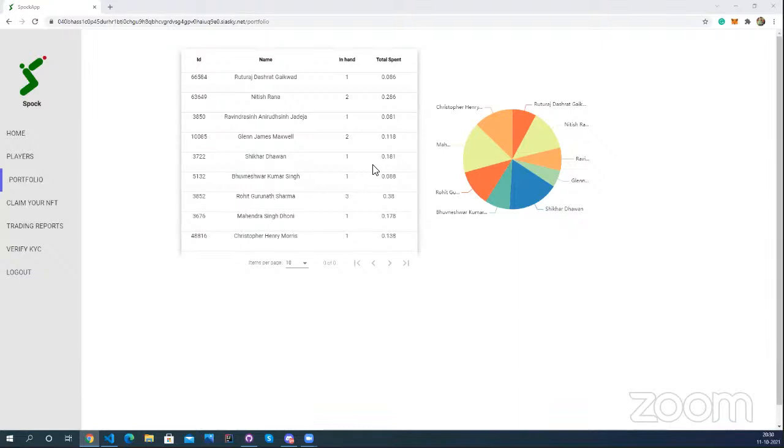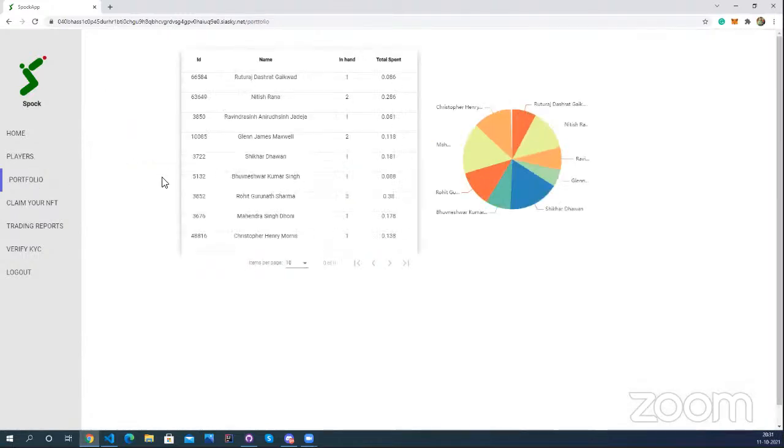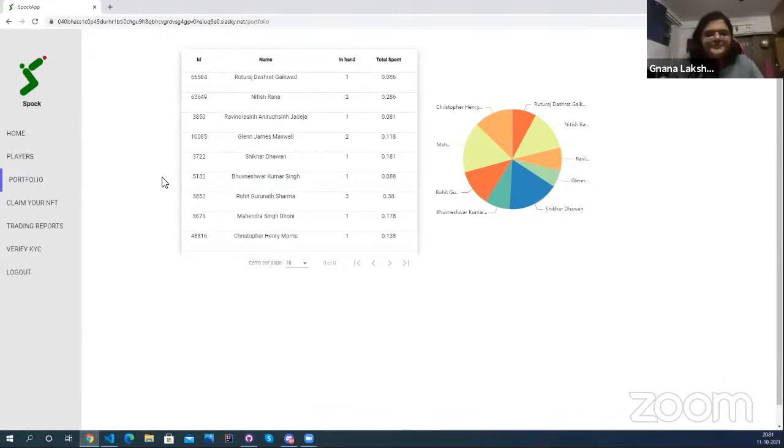If not, there is a new league. The stocks will still be in your portfolio. You can either choose to sell them at the current price, or you can hold them until the next season, which is when the price movement would happen again. So either you choose players who go on to represent India or other countries for that matter, or you can also buy and hold for a long time, or sell at the current price. That depends on your trading strategy.